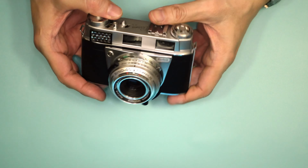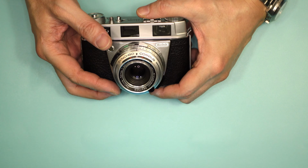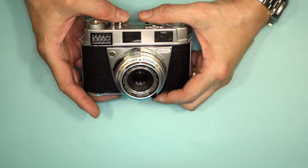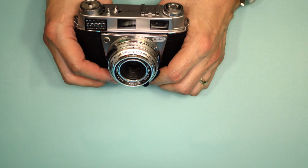Typical problems are the same as you'll have with any leaf shutter. The shutter leaves can get gummed up. The entire shutter mechanism, which is just a series of gears, sometimes needs to be flushed and then re-lubricated. But otherwise, once they're serviced, these are very